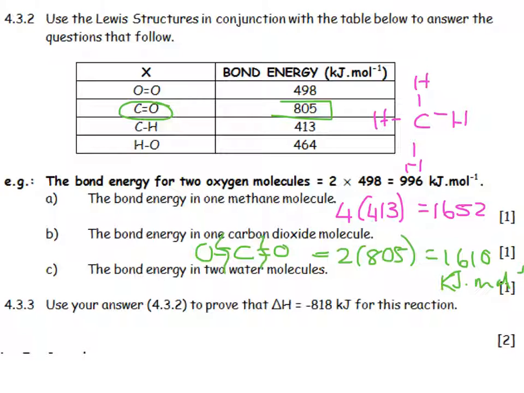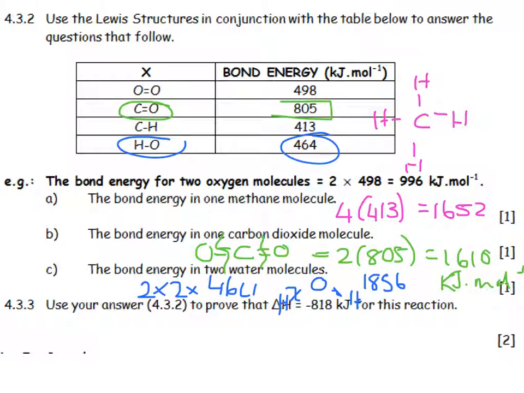And finally, the bond energy in 2 water molecules, not just 1 now, so 2 times, and if I look at it, it's H-O-H, so it's 2 times oxygen-hydrogen, 464, and I land up with an answer of